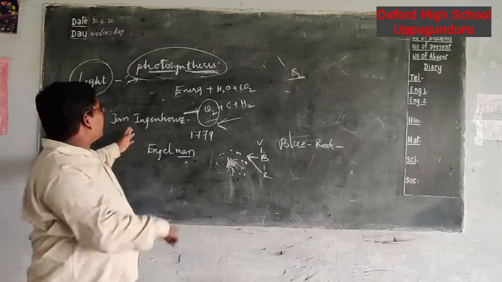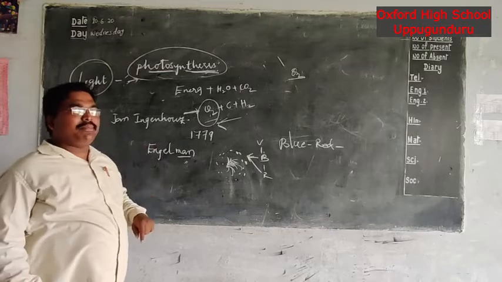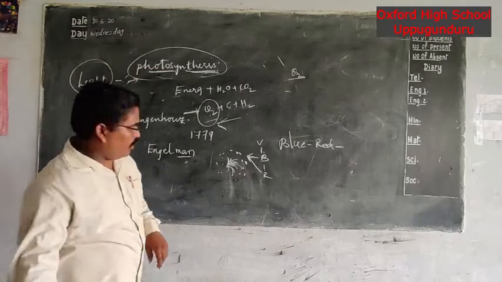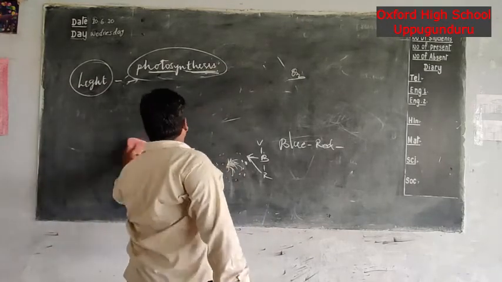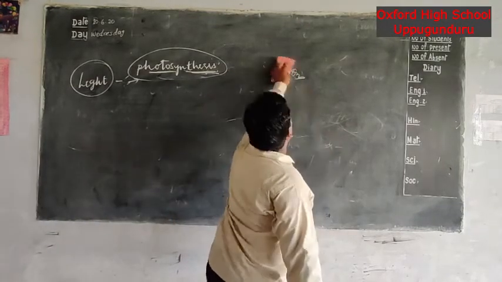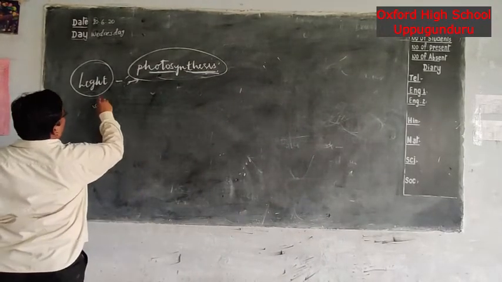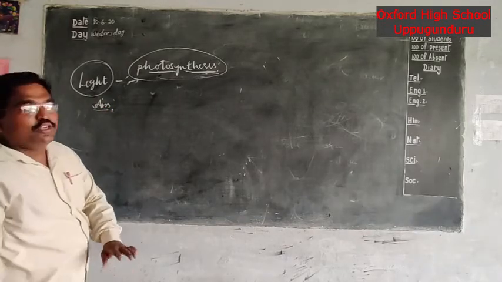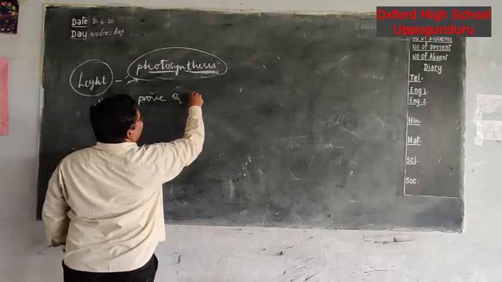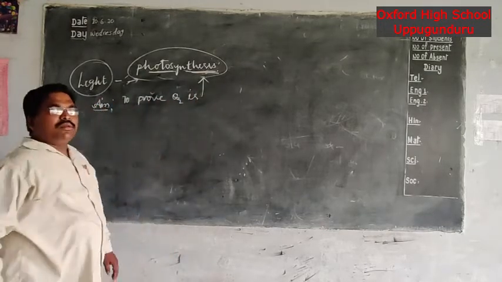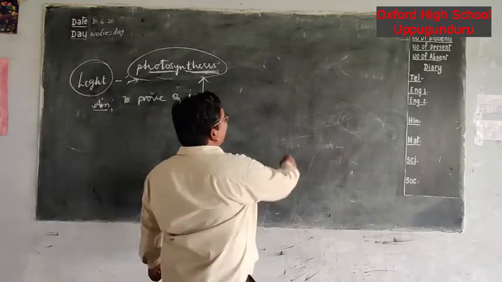Do we understand? John Ingenhousz, in the year 1779, conducted an experiment, and I will explain that experiment for you now. What was conducted by John Ingenhousz? The aim of the experiment is to prove that oxygen is released by the photosynthesis process. For this we required a